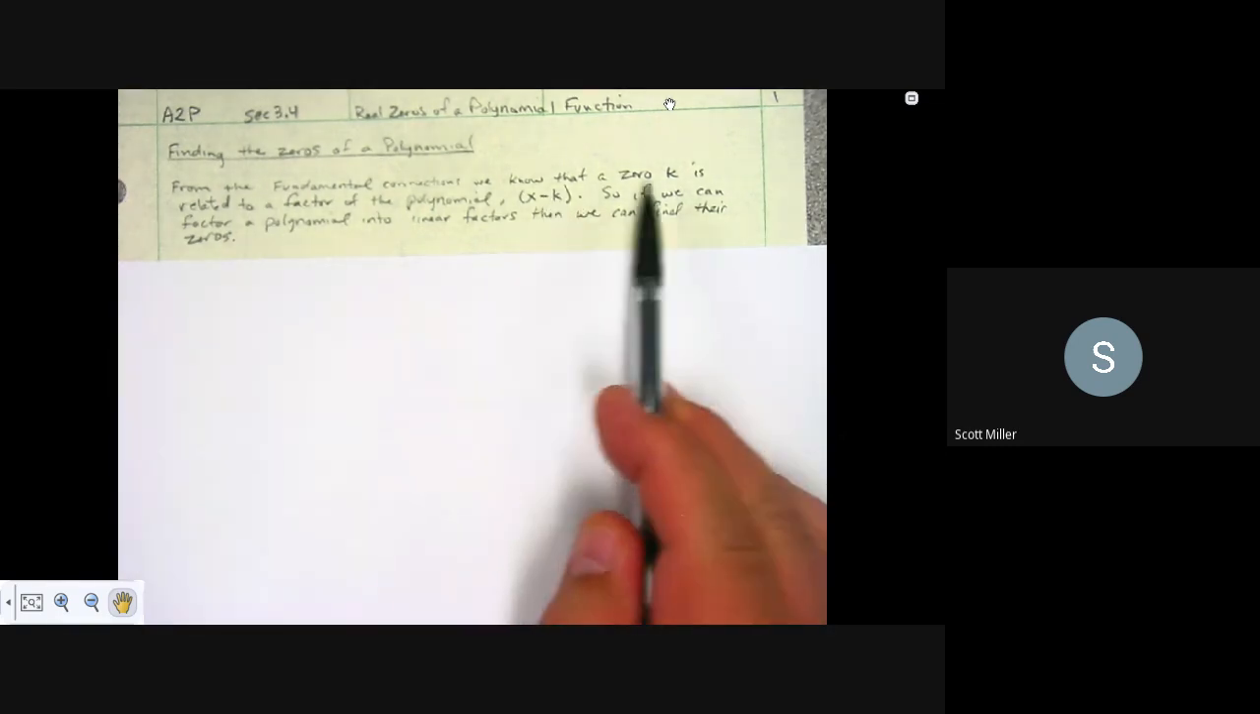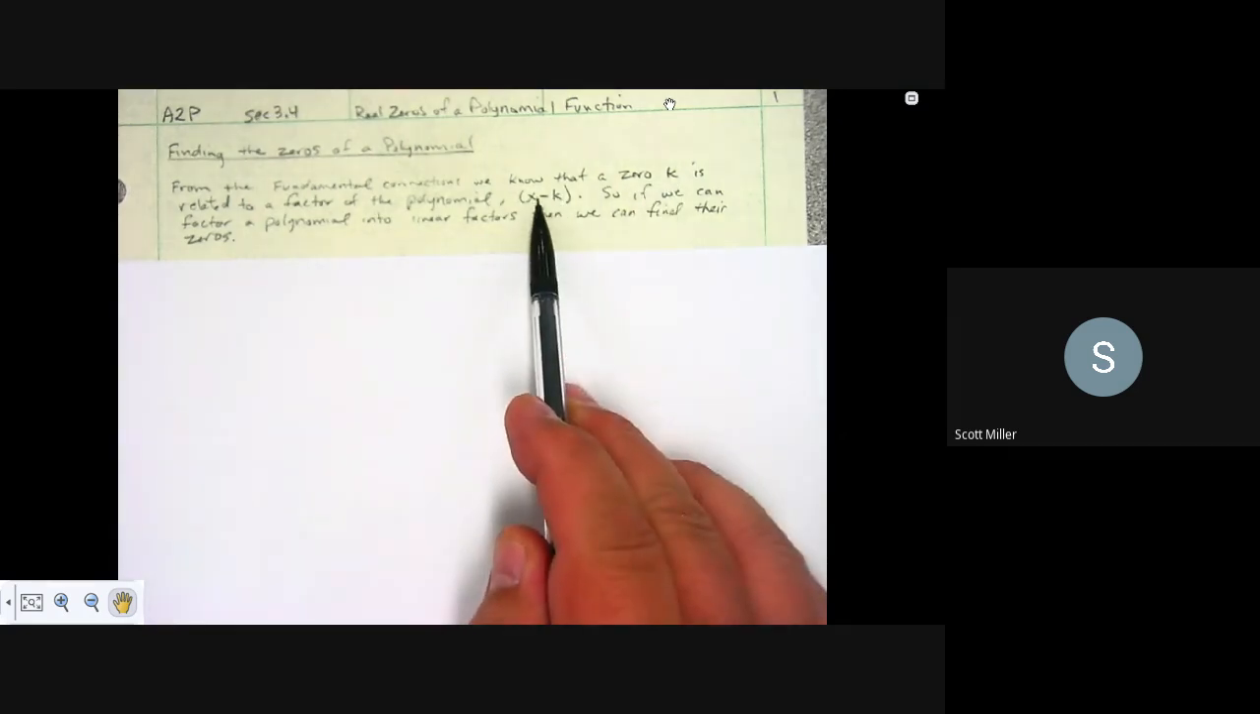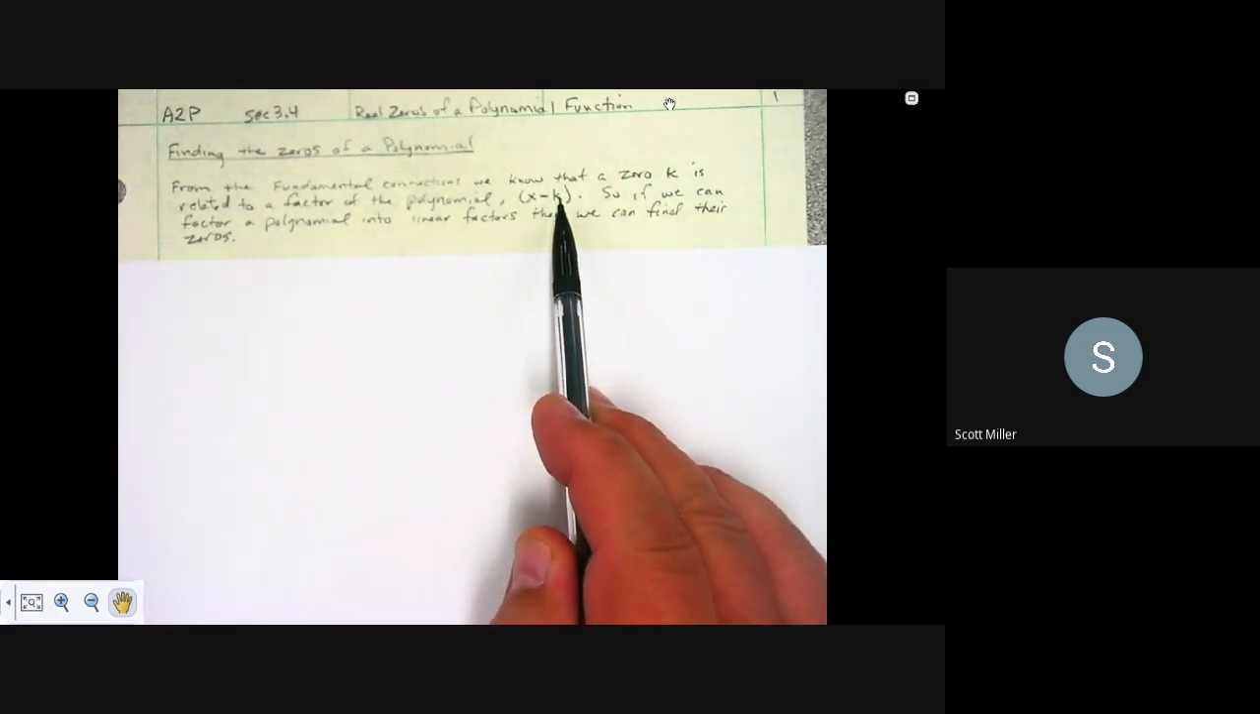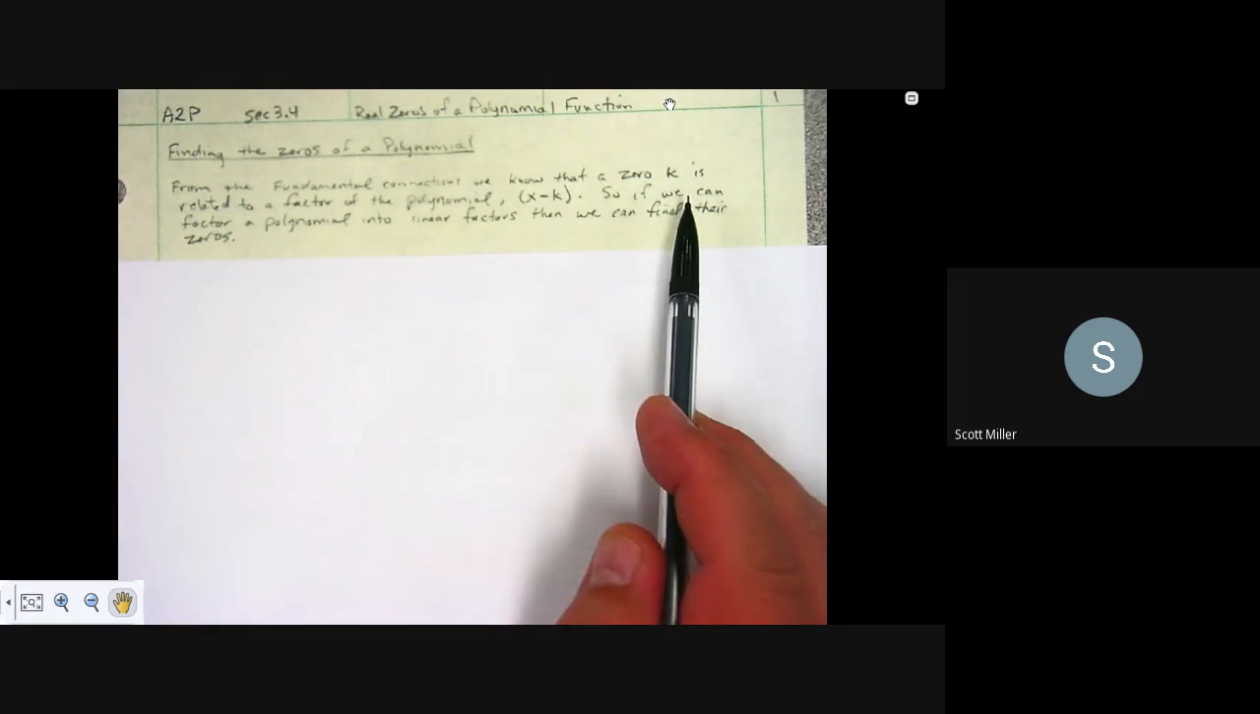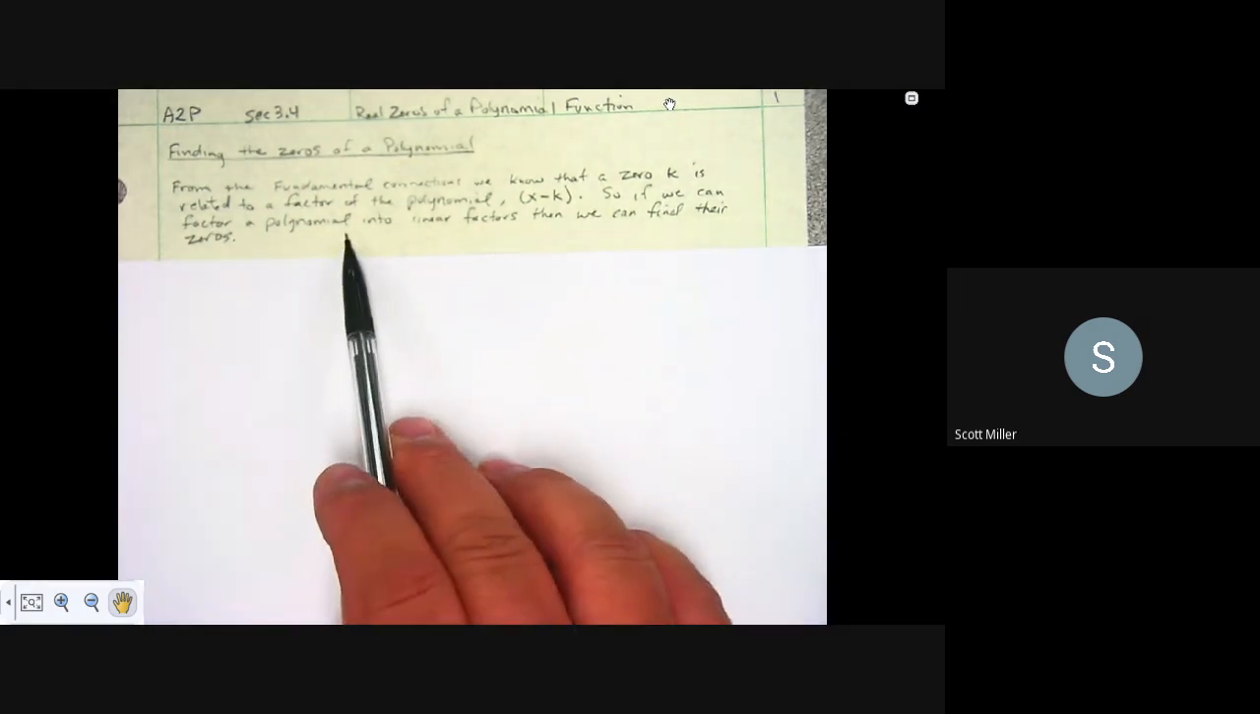From the fundamental connections that we know, a zero k is related to a factor of the polynomial in this fashion. So if I have a zero k, then I know that x minus k is also a factor. We can factor a polynomial into linear factors, and then we can find all the zeros. So we're going to use the fundamental connections to help us in different formats, from the graph x-intercepts to the zeros to the solutions, all leading to the factors,